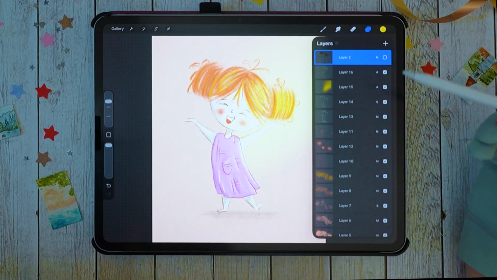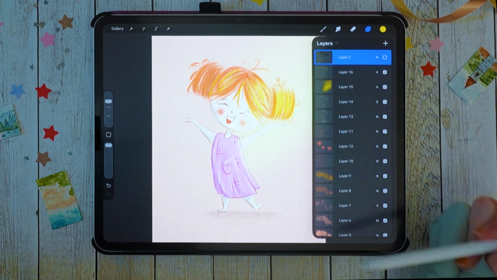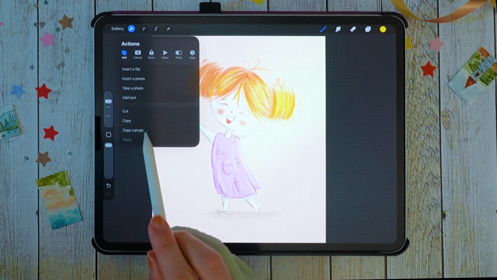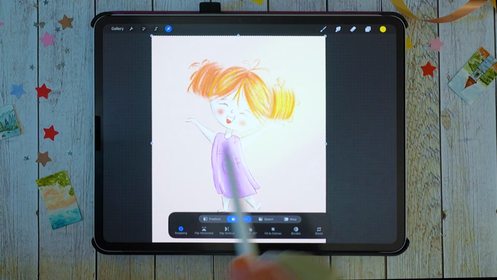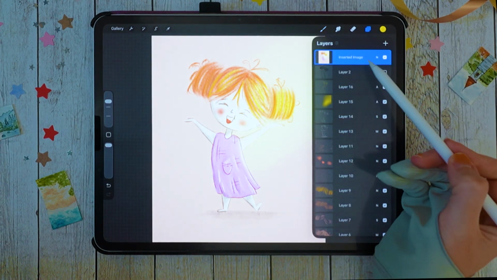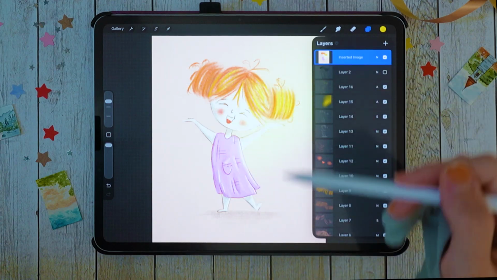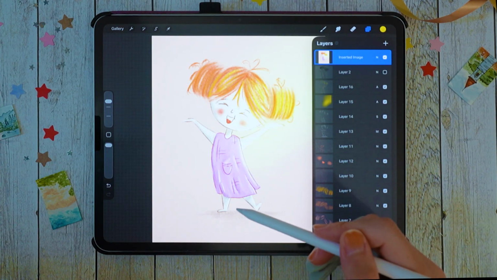And one more thing that we can do is go to the top layer in your layers panel, and then go to the wrench icon, and from there go to add, and here you can click copy canvas. Once you do that, click paste. We are going to see something interesting. At the top of our layers there is the whole canvas that we already drew inserted into one specific layer,